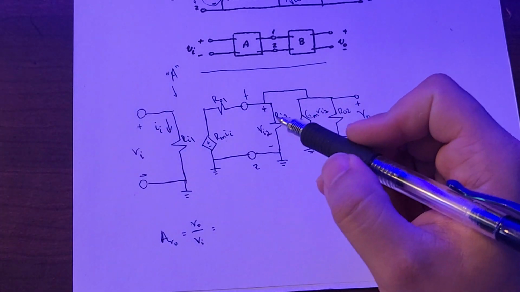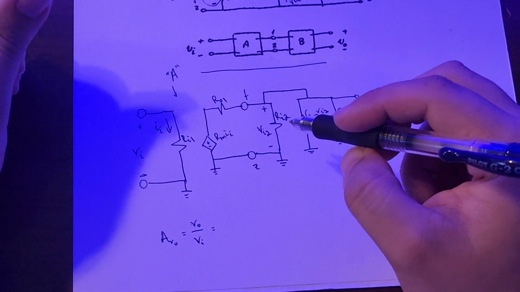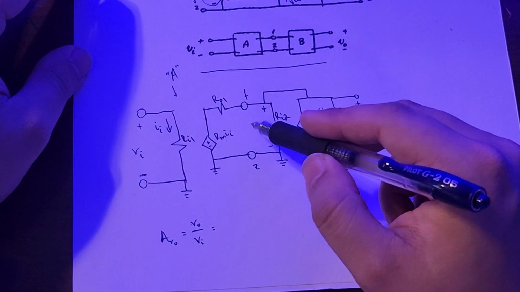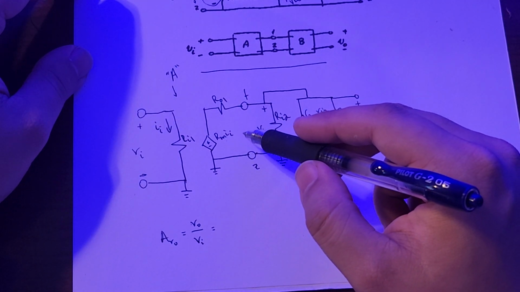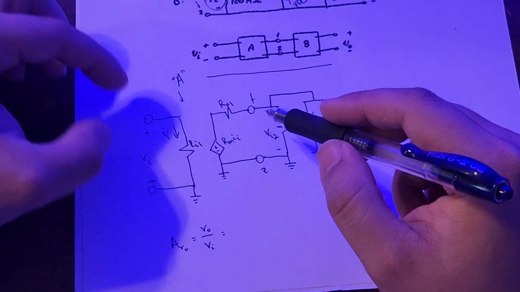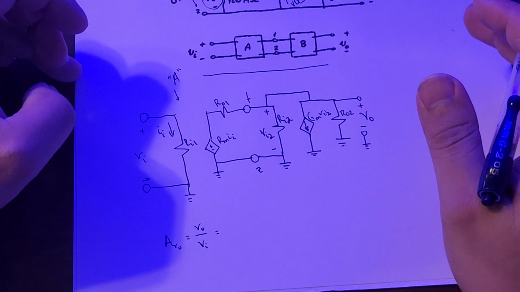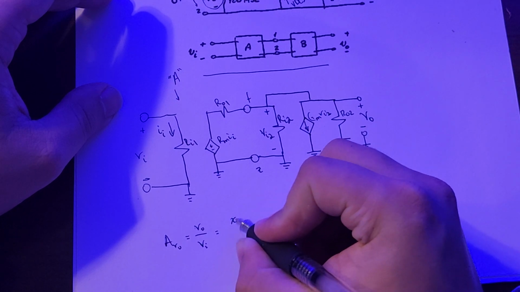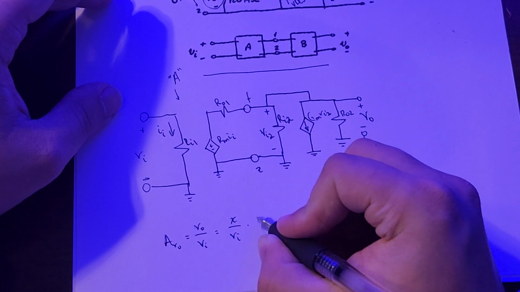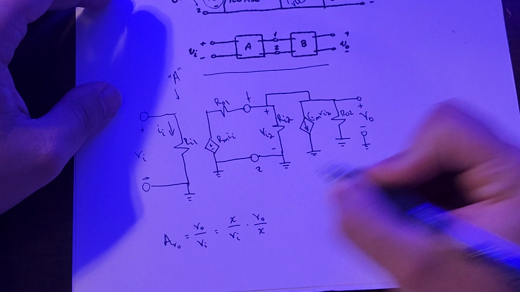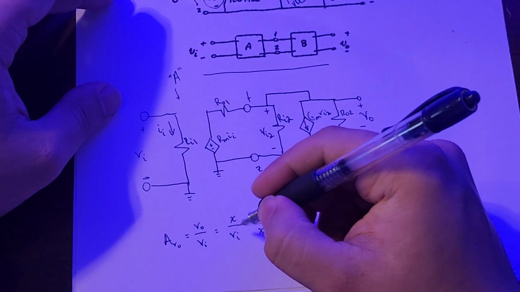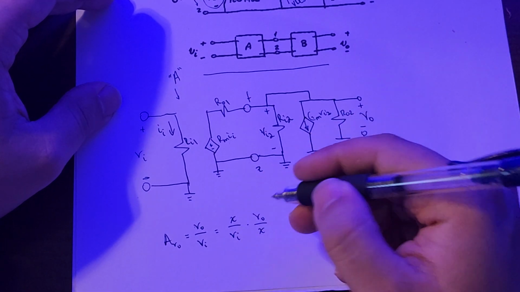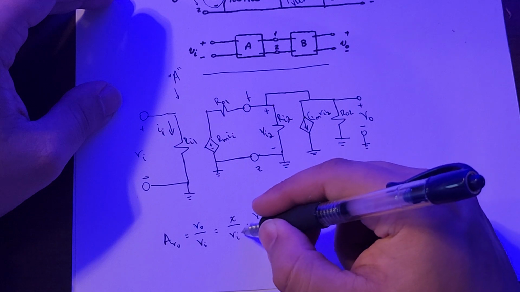I guess in this case it wouldn't actually work. Actually, it does, no. Oh, no. In this case it wouldn't work. So what I was trying to do was we would put something, we'll call this something X over VI times V out over X. That way the X's here will cancel and we're left with just V naught or V0